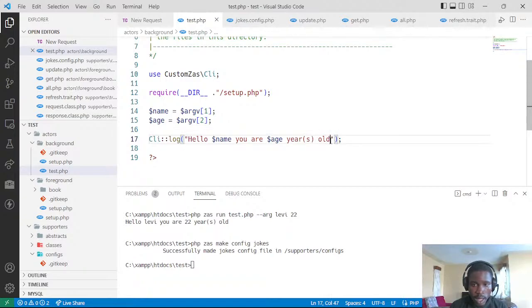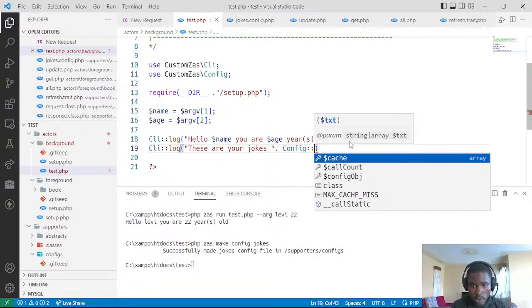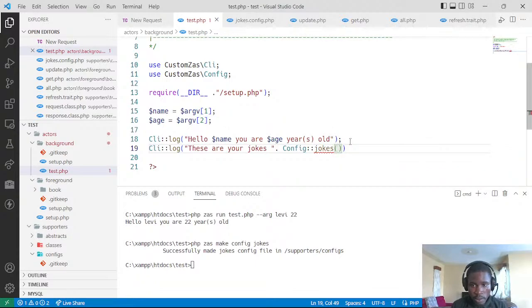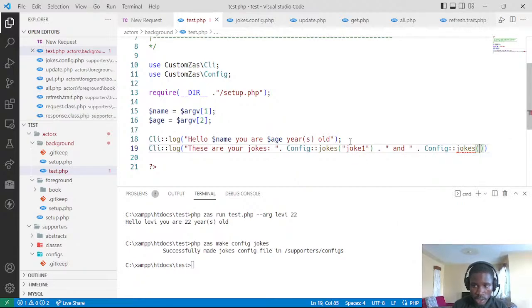So then to access these jokes, you can come back to test. Let's say hello Levi, you are this years old. CLI log, these are your jokes. Want to get the first joke, which is config. What do we want? We want jokes. Config jokes. Which one do we want? We want the first key, which is joke 1. Then we have dot, end, config jokes joke 2, like that. So if we run it,